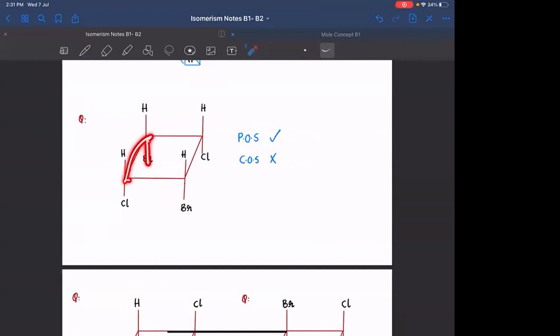Clockwise में Br नीचे, anti-clockwise में Br नीचे, clockwise में Br नीचे, anti-clockwise. Similarly इसके लिए Cl नीचे, Cl भी नीचे. There is no chiral carbon only. So the molecule will definitely be achiral. Okay. यहाँ पे ये भी लिख सकते हो achiral and you don't even have a chiral carbon.